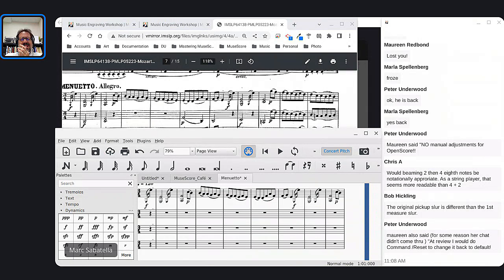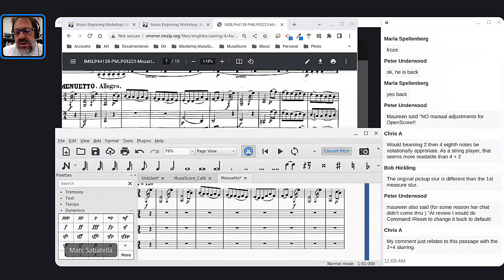Yeah, if your editor has chosen 2+4 and you're the engraver, then by all means go with it. But if you're the editor and you're making this choice, I would really think about it and maybe consult some more literature in that genre. Like when I talk about consulting the literature,